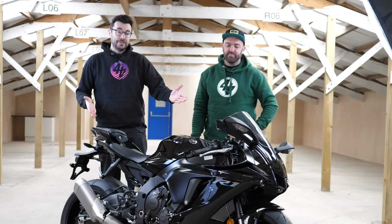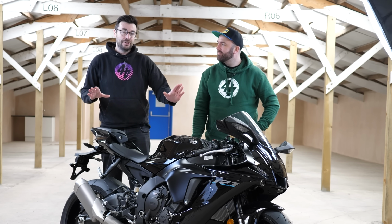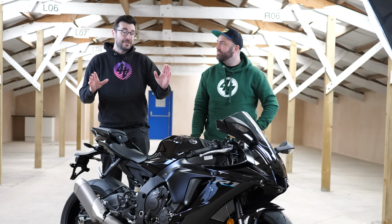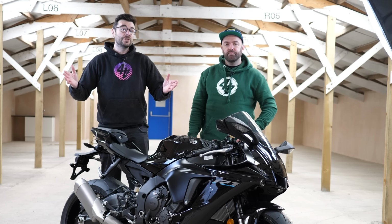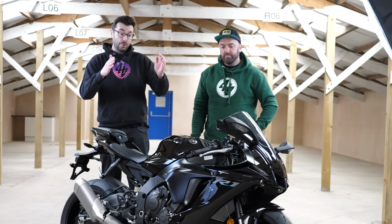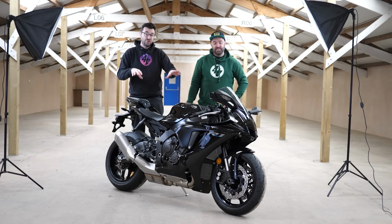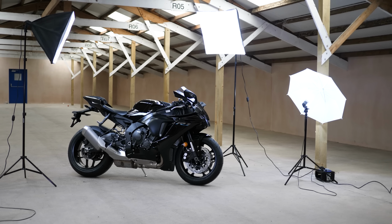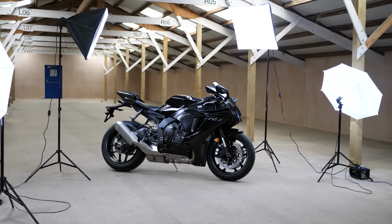So why are we stood in front of this brand new factory, untouched Yamaha R1? It's because this year we're going to do a test throughout the year, which is going to be called road bike to race bike. So we bought with our own money, with our actual pounds, this bad boy. And throughout the course of the year, we're going to do various tests on it, and